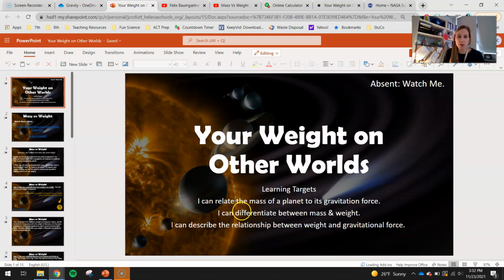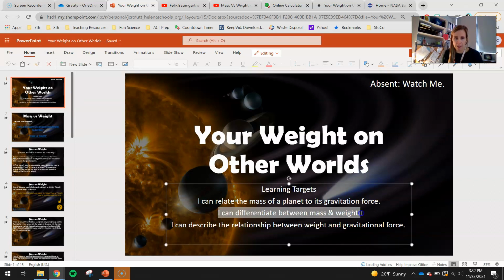Okay, so your learning targets for today: I can relate the mass of a planet to its gravitational force. I can differentiate between mass and weight. And I can describe the relationship between weight and gravitational force. So the first thing we're really going to focus on today in this lesson is the difference between mass and